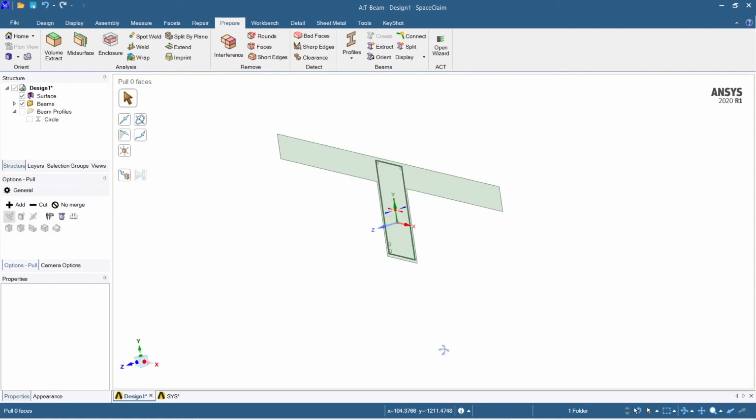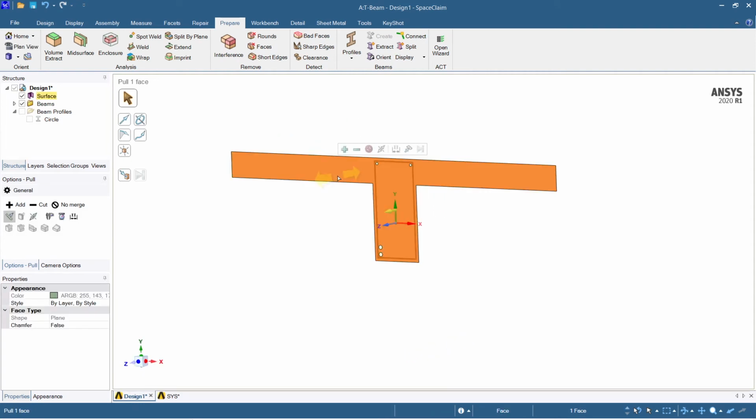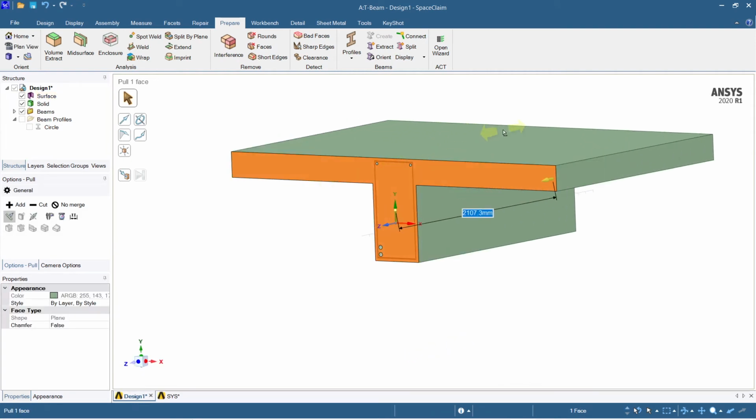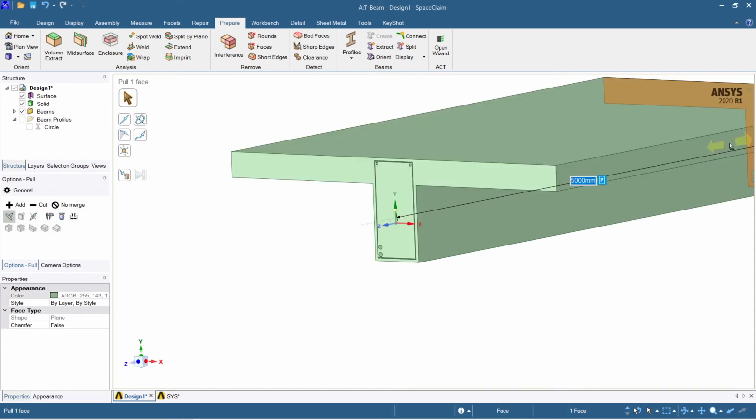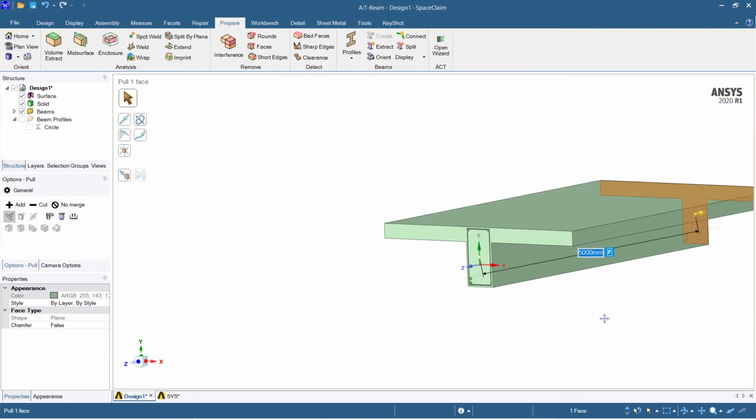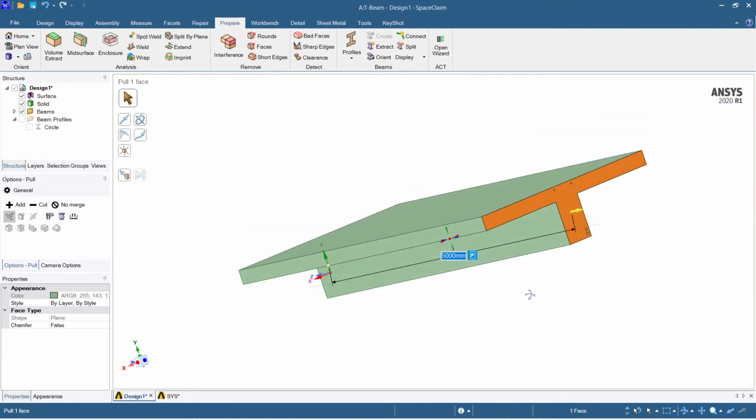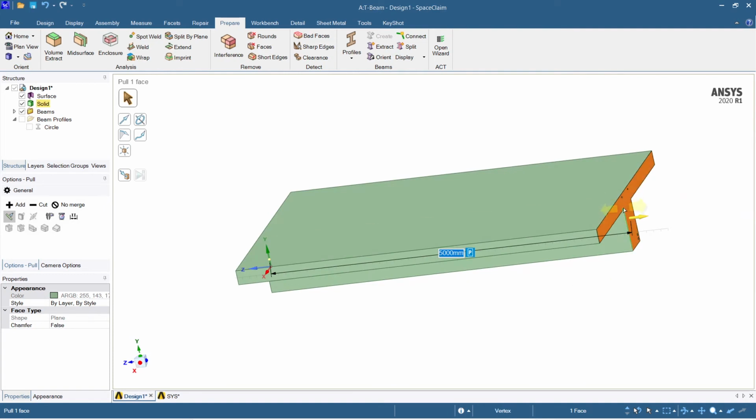So fine guys, what we have to do is take this up to 5 meters of length. Okay, we'll again extrude this part again some 2000 meters.